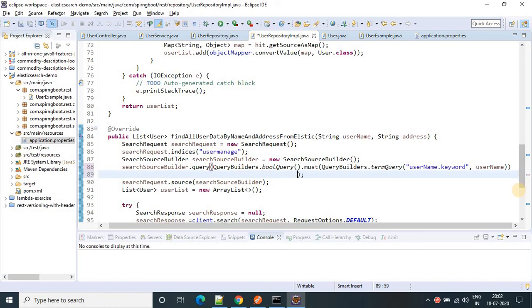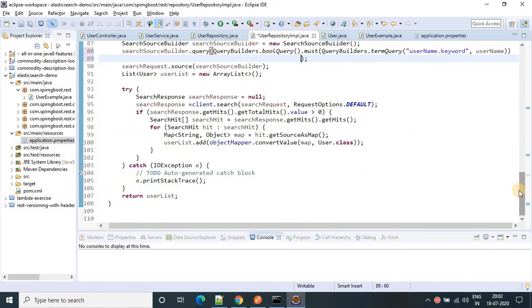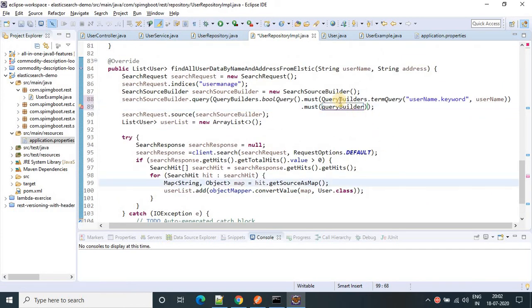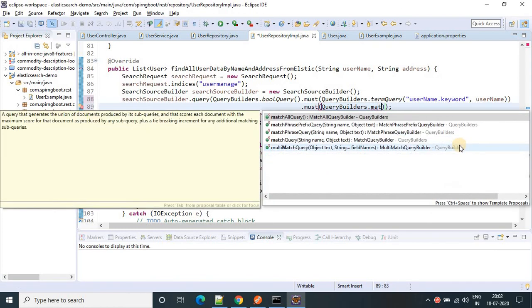So it will be dot must, and QueryBuilders dot, I am going to use the match query. Why match? I will tell you.